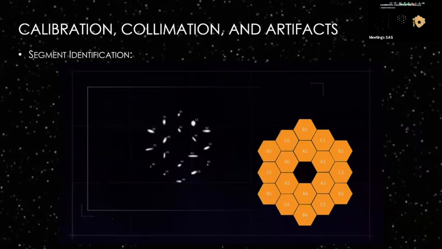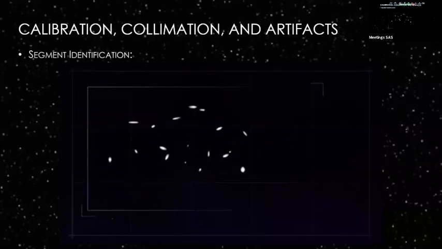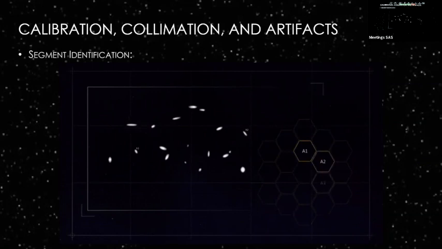So we had to do this for 18 segments, both to themselves and to each other. The first step was really just identifying which one was which, and then shifting them with those actuators to make sure that they are in a good hexagonal arrangement,